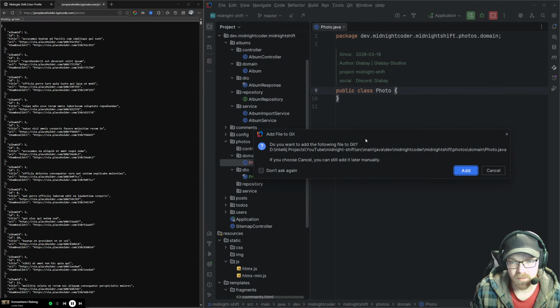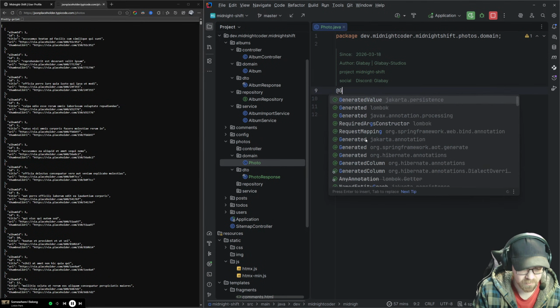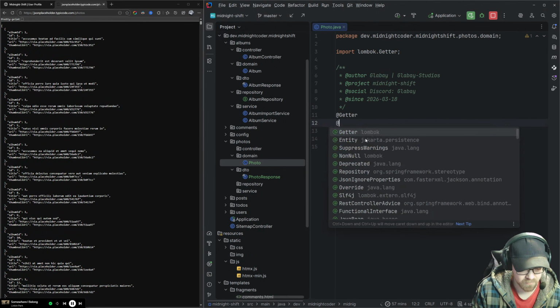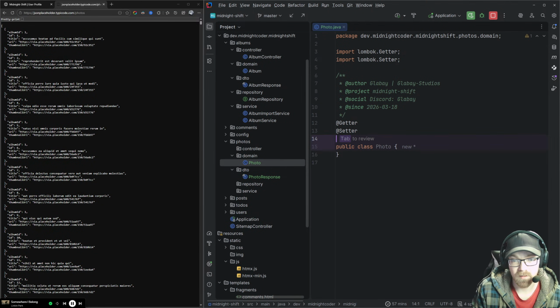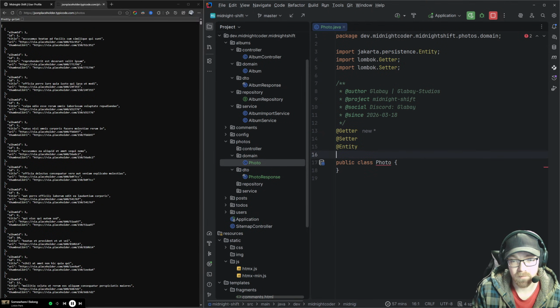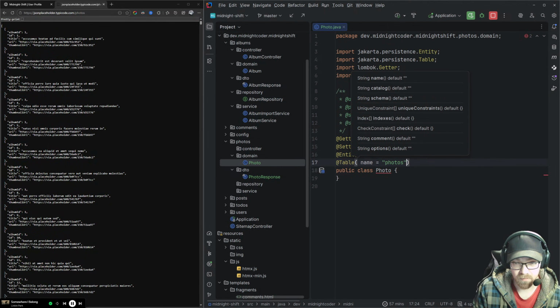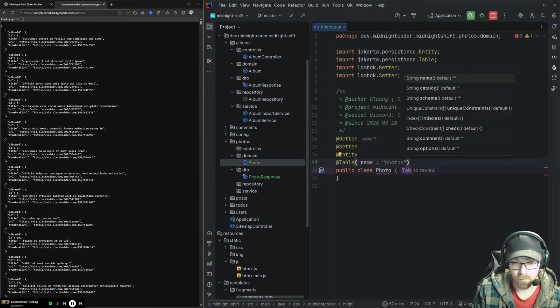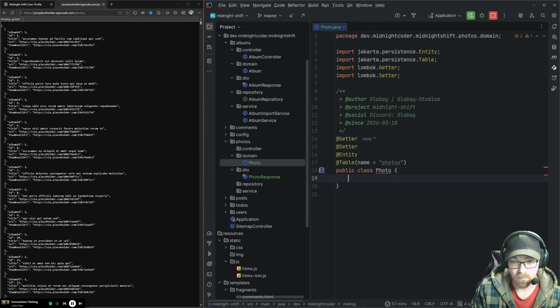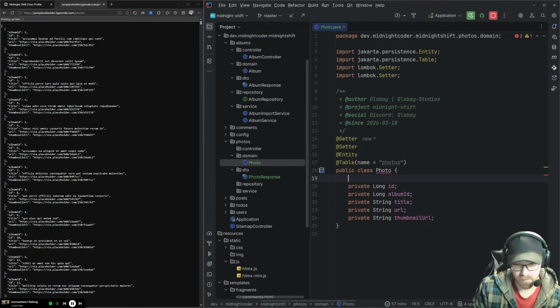And this one here is going to be like our other guys. It's going to have a getter, setter, it's going to have an entity, and it's going to have a table, and for the sake of it, we're going to say that it's photos. Why did you add that first space? All right, so next we're going to come down here, and this does have all of that.